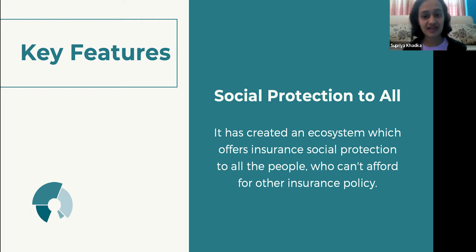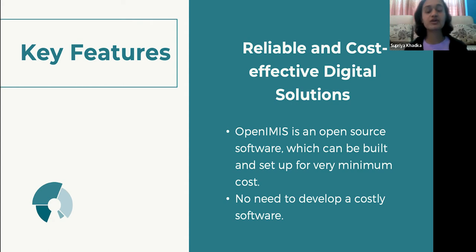openIMIS has ensured that it has created an ecosystem which offers insurance, social protection to all the people, especially to those people who cannot afford the system. openIMIS ensures a reliable and cost-effective digital solution. openIMIS is an open source software which can be built and set up for a very minimum cost. So due to that, it gives an effective solution, so there is no need to develop